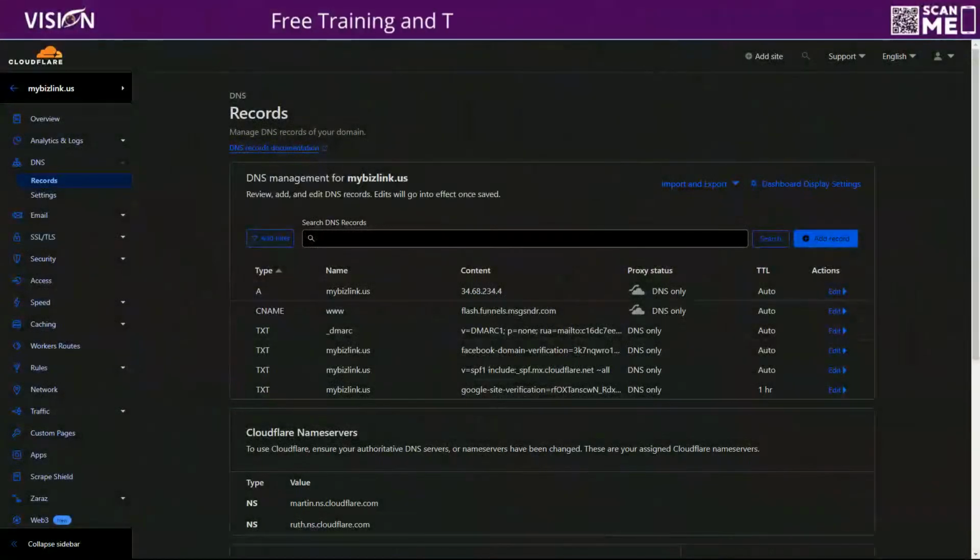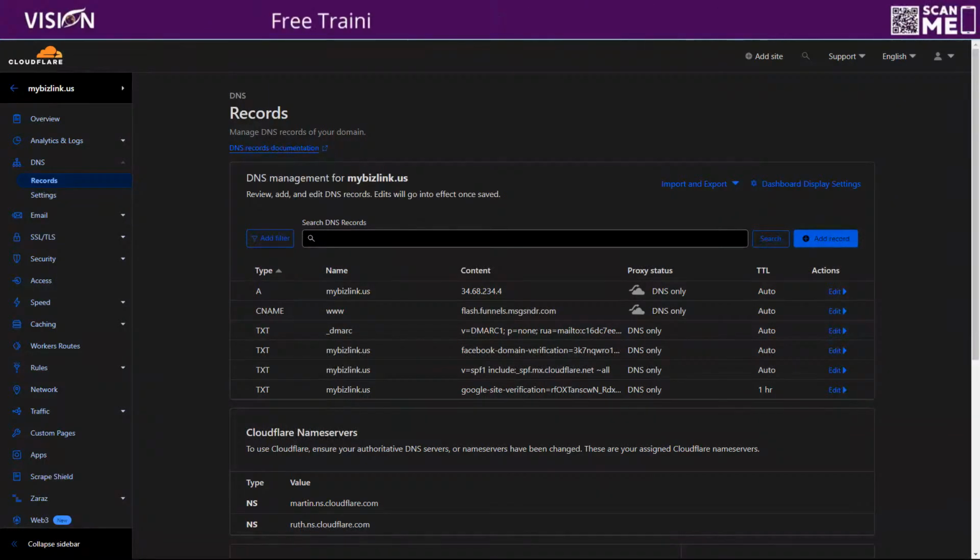Y'all, Bridget Bartlett here. Today I'm going to show you how to add the records to Cloudflare from your Google Workspace domains. If you would like to use Cloudflare to host your domains, but you need a webmail that you can use to send and receive emails from a specific email address within your domain, this is the process that